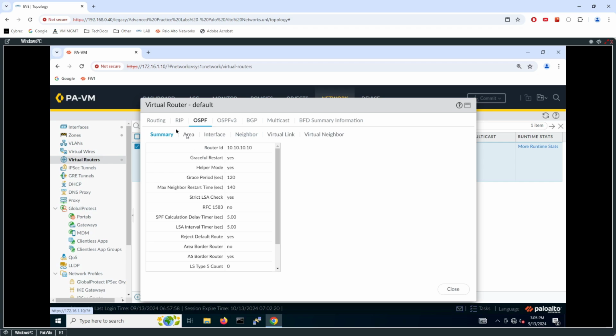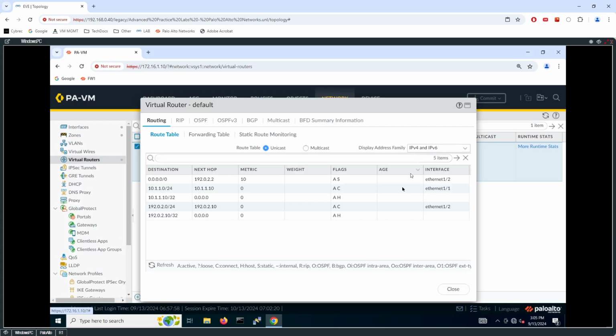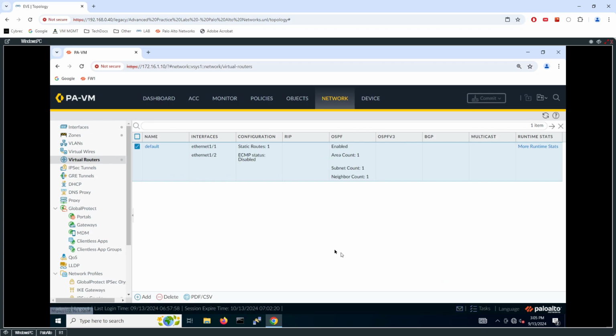We go back to the routing table. We should see that we learned about the 10.11.11.0/24 network. Let's refresh, and we see that the OSPF prefix is over here. We also have a default route pointing to router 2. Okay, so if I were to go back to the command line